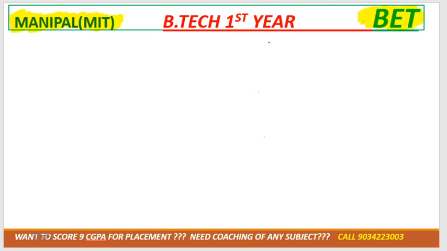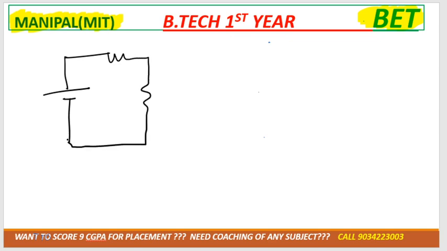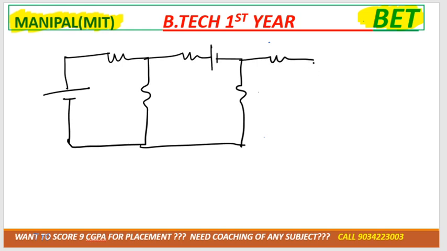Suppose I am drawing a simple circuit. Based on this I'll tell you how we can apply Kirchhoff's current law on these kinds of circuits which they'll provide in the paper. Okay, clear? In this I am taking the voltage source, like the battery is the voltage source, and I am also taking the current source, and the arrow that is showing is only the current source.